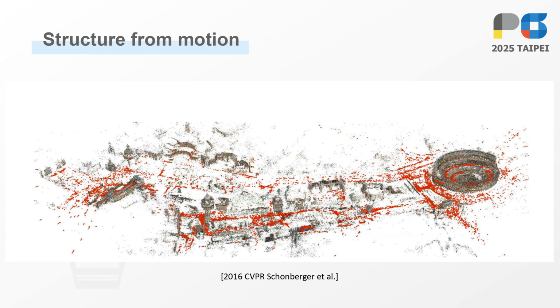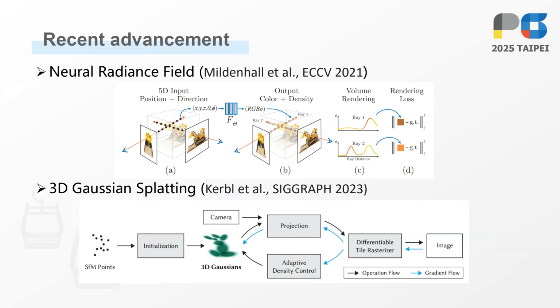Among traditional approaches, structure from motion is one of the most representative methods. However, such conventional techniques often fail in textureless regions, resulting in reconstructed surfaces with large holes or incomplete geometry. In recent years, the emergence of neural radiance fields and 3D Gaussian splatting has revolutionized the field. A number of novel reconstruction methods based on these techniques have been proposed, significantly improving the quality and completeness of